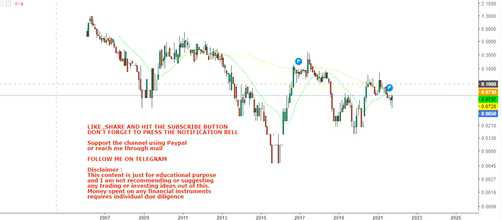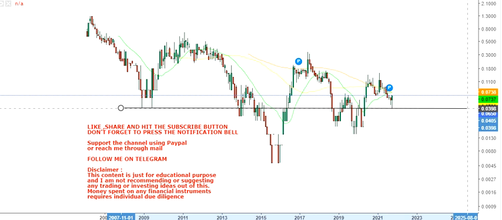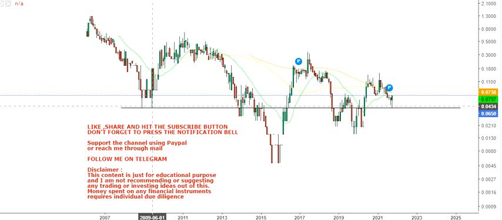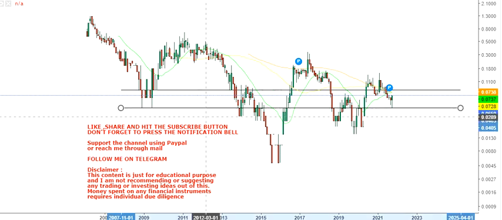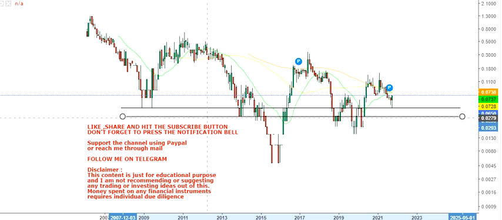Now if you are looking at this chart, you will see the stock over a period of time is sustaining, or at least respecting, a particular level, which is this one. You can see a straight line. This is the line which has given support, or where the stock has taken support, in the year 2008, 2009, somewhere near 2013, and exactly in 2021. So this is a very crucial line, but we can't hope with one line.